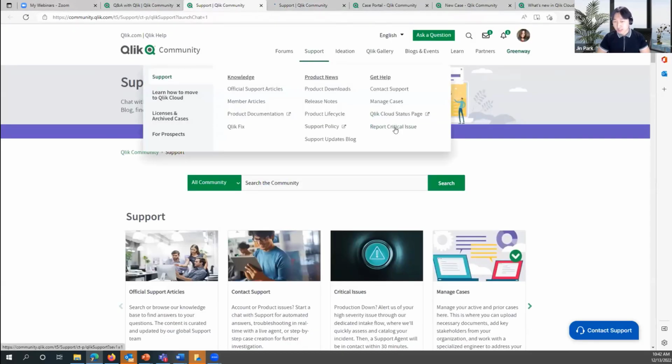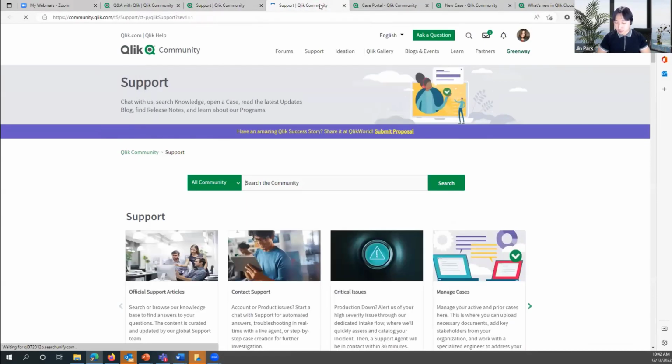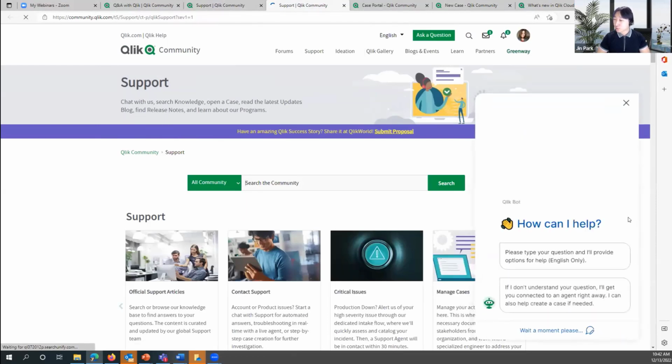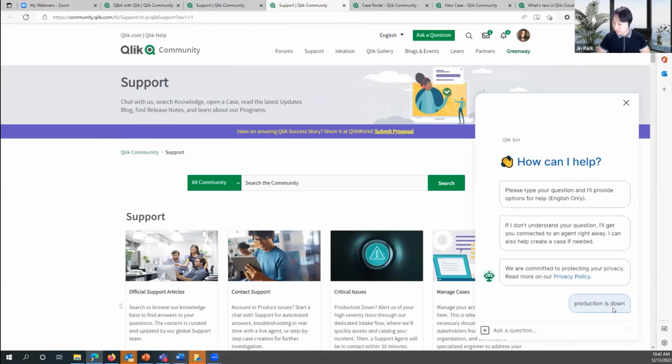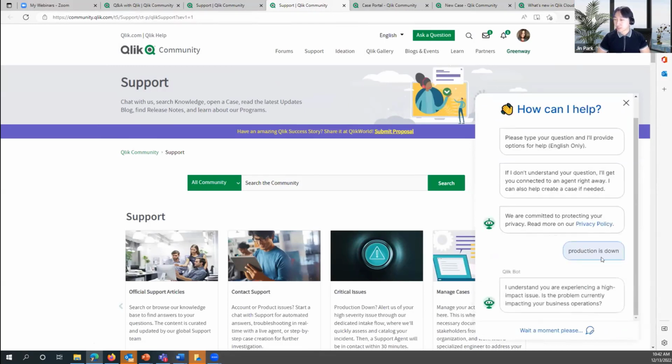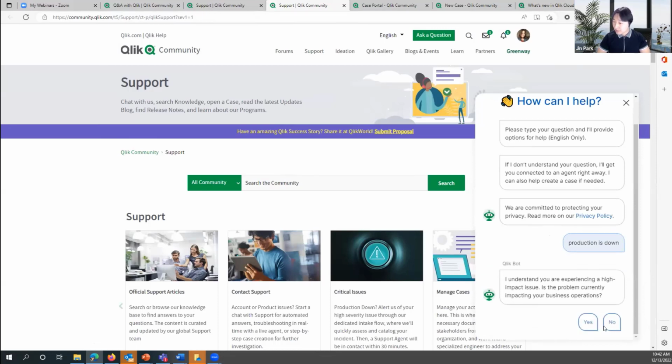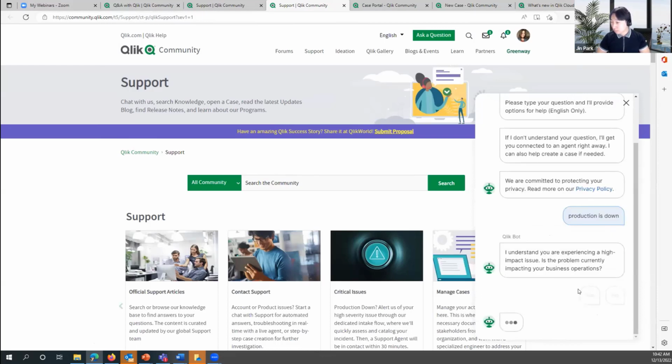Or third is to press that report critical issue on the banner under the support. What that will do is the chatbot will open automatically and start taking you through the process for a critical issue or production down, where it's going to ask you, is the production down? Do you have a workaround available? Okay, like you don't have a workaround and the production is down, let us alert Qlik Support that you're having